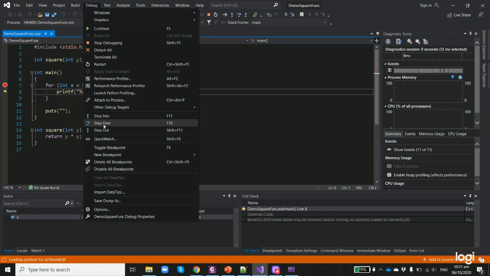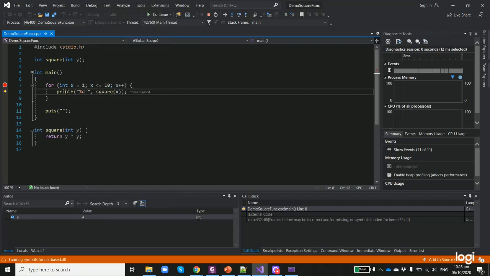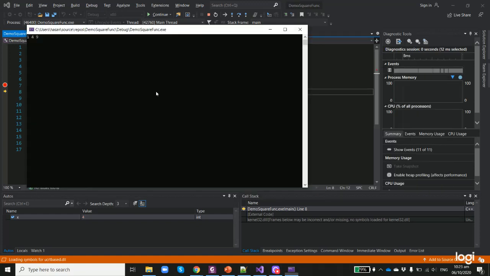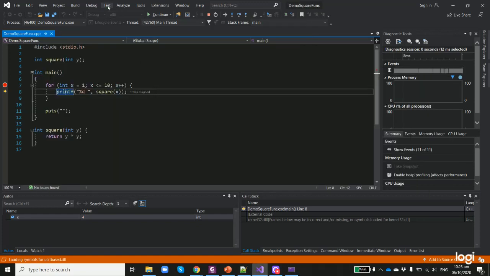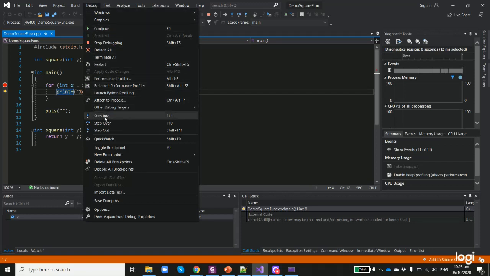Step over means that if it is a statement, you just execute that statement without going into the details of it. But in this particular statement we're actually calling 2 functions. In fact, we're going inside the square function first, and that is something we actually want to go into. In that case, you can use